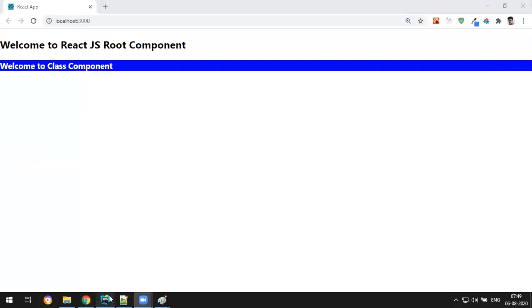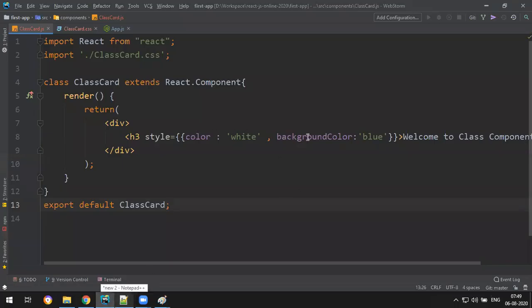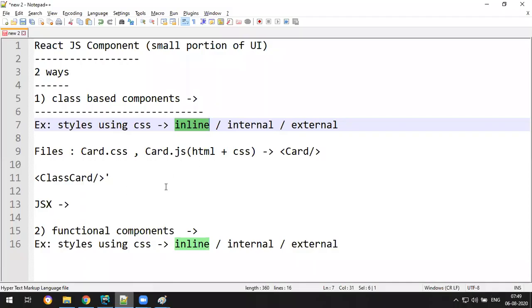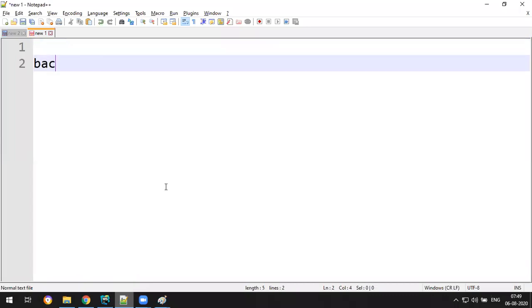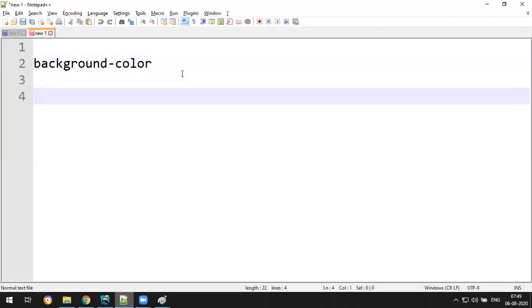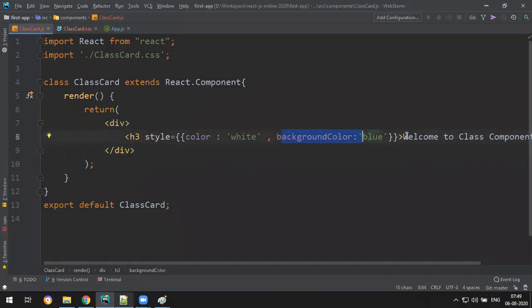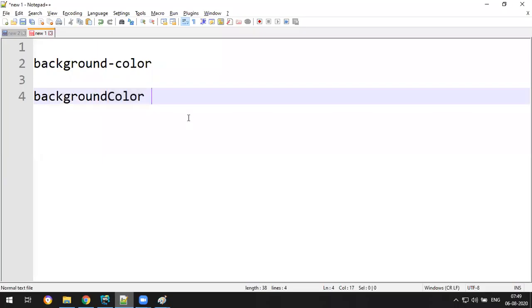Okay, so you can check now. What is this background with capital C? Generally in CSS we write like this. In CSS, how do we write? background-color, right? We write background hyphen color. But in JavaScript DOM manipulation, how do we apply it? backgroundColor with a capital C, just like a JavaScript property, like style.backgroundColor. That's what it is here. Because if you're writing inline, you have to write in this format.